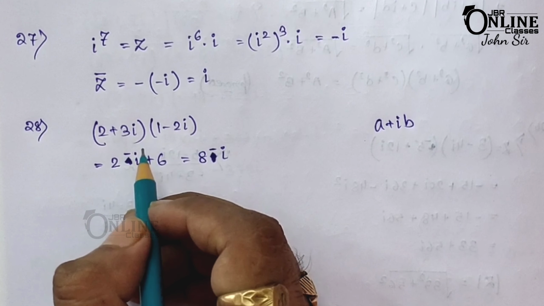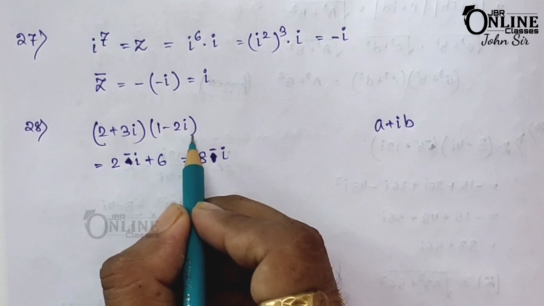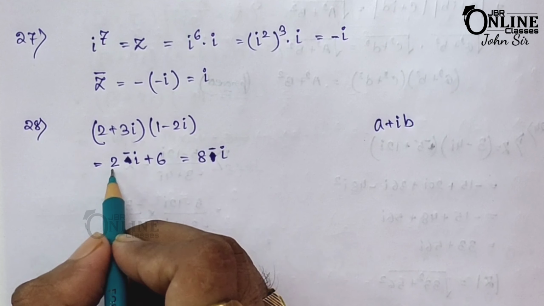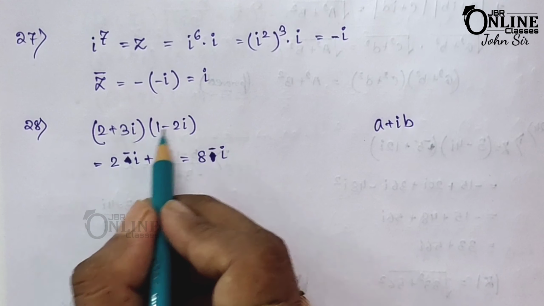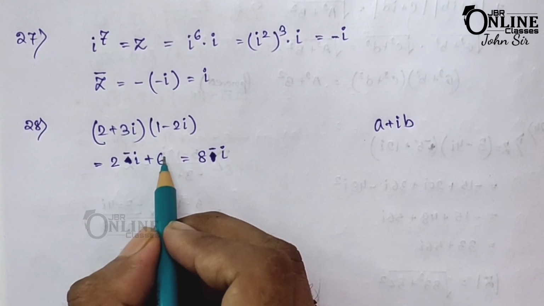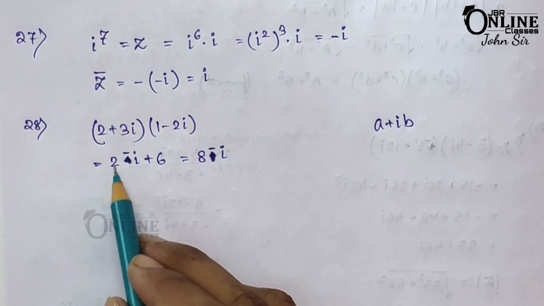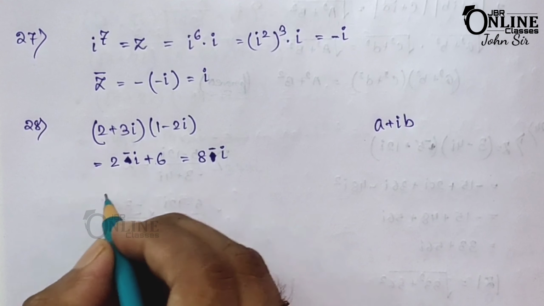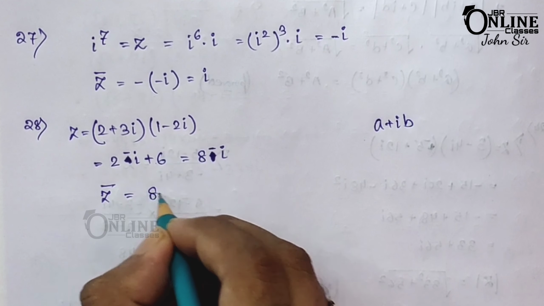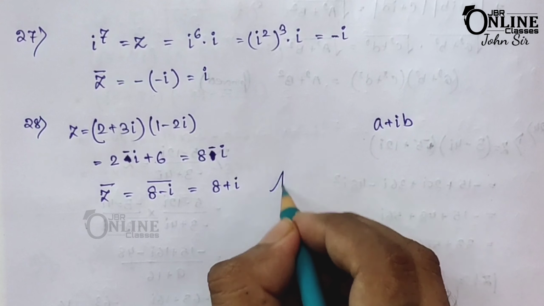Now sum number 28. In sum number 28, find the conjugate of (2 plus 3i) into (1 minus 2i) in the form of a plus ib. So whenever you multiply this, you will get 2 and then minus i, because this one is 3i and this one is minus 4i. So minus i, and the last one will be 3 into 2 minus 6 iota square. So it will be plus 6, because iota square you know is minus 1. So now 6 plus 2 is 8 minus i. Then the conjugate will be z bar if this one equals z. So z bar equals 8 minus iota bar, and that equals 8 plus iota in the form of a plus ib.